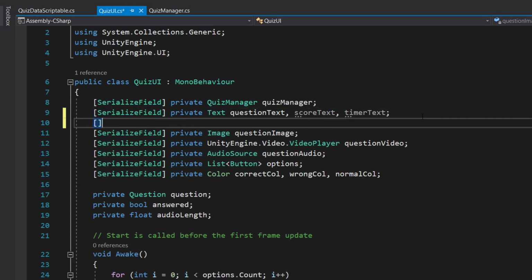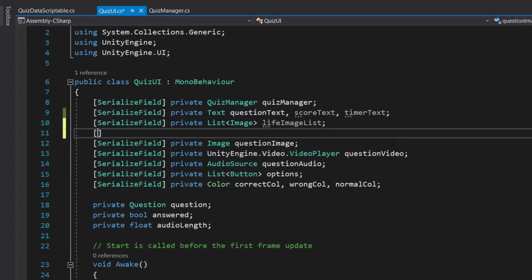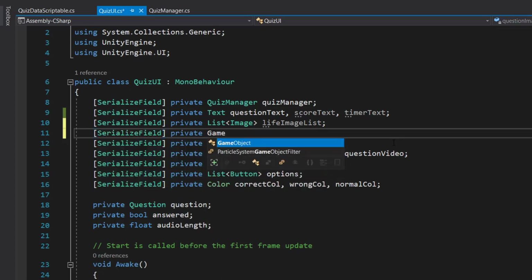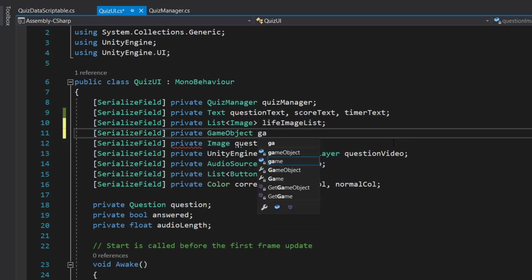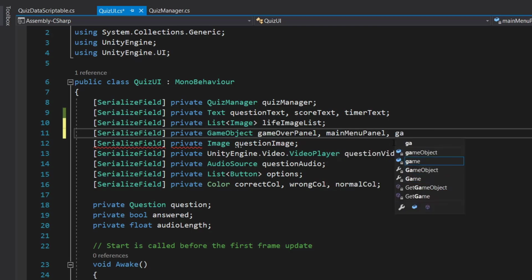So we'll create a serialized field, private list of image, and this will be our live image list. Then we will create a serialize field, a private game object. We will have game over panel, then main menu panel, as well as our game menu panel.